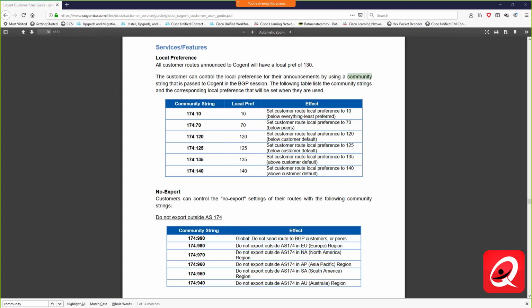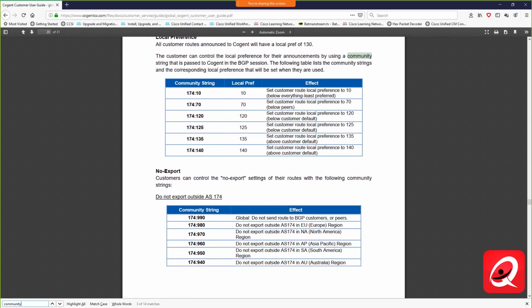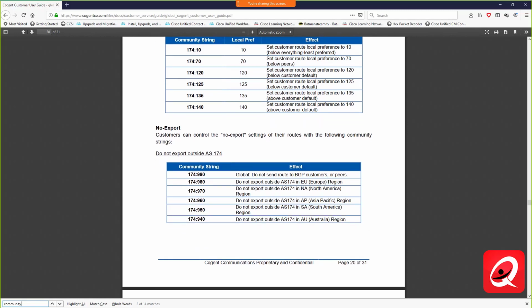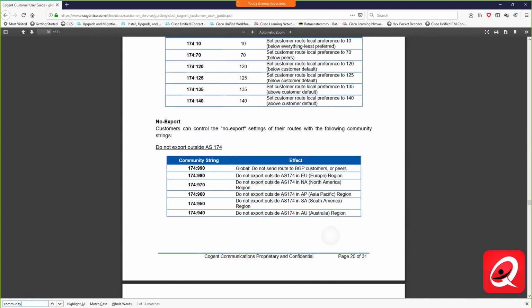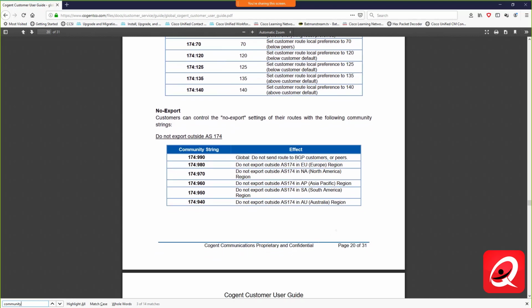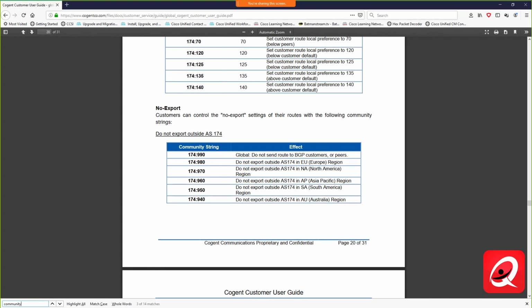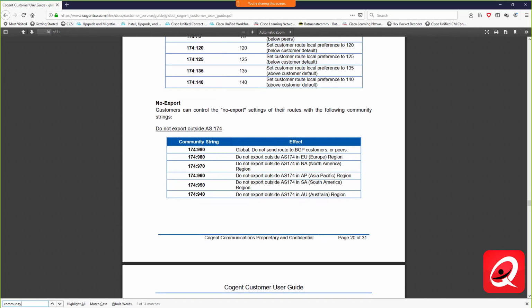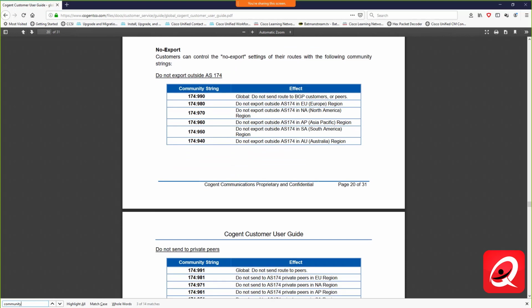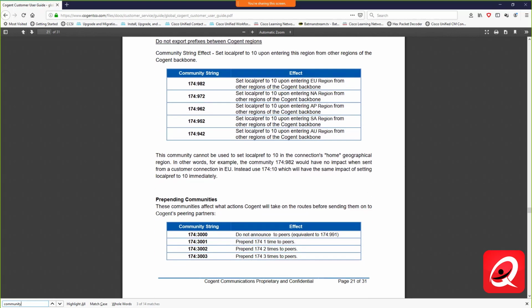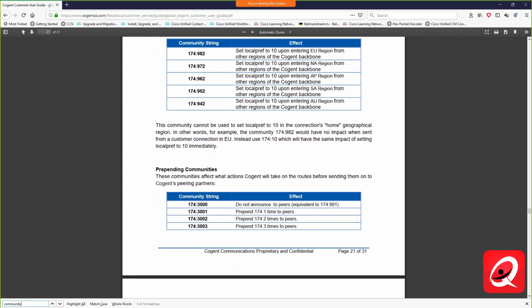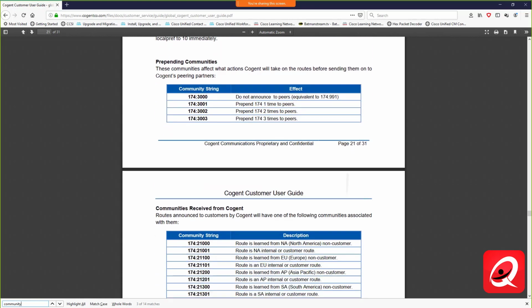Local preference happens to be one of the most common attributes that we see, right? And we see no export is another option here: 174:990, do not send routes to my BGP customers or peers. 980, do not send routes outside of 174 in the European region. 970, do not export to North America, and so on. So there are lots and lots of different community strings that give you the ability to